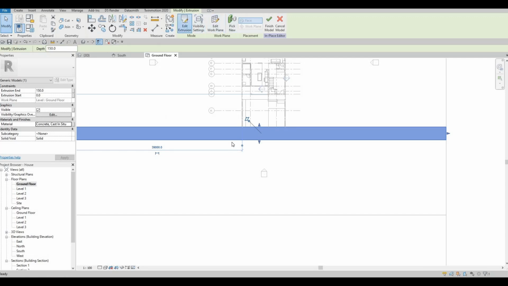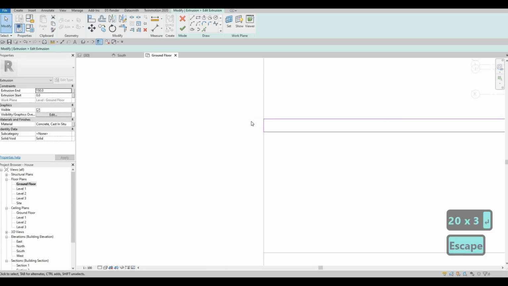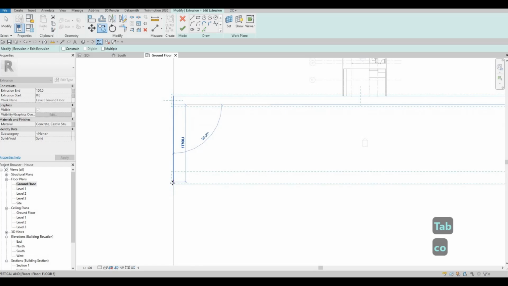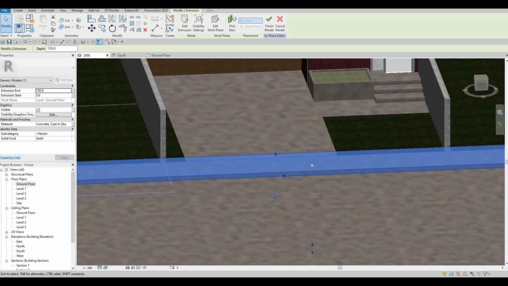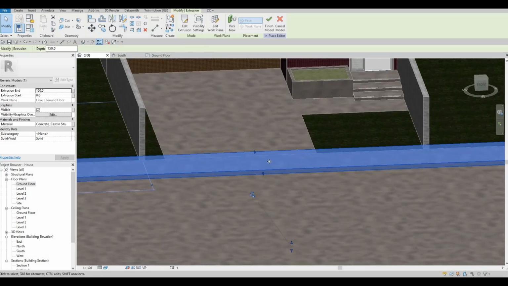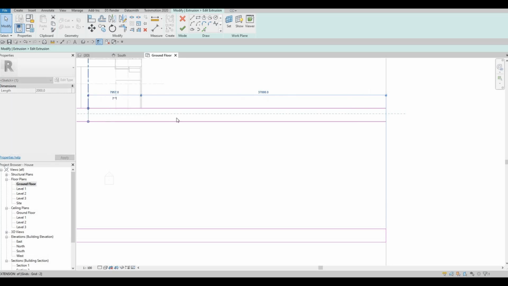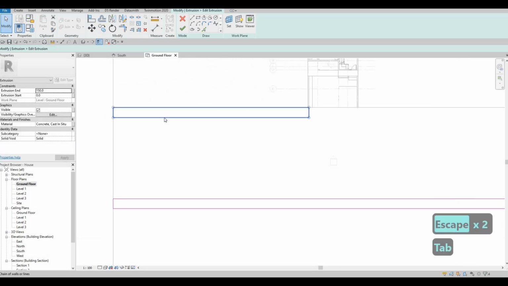So here, let me just edit again. I want to make sure that this is just 2000, which is the standard, and then this one as well, copy, and then add it on the other side. And then as you can see here, what we can do is just edit this one again, and we could just go and pull this one out like so, and then on the other side as well, copy it,